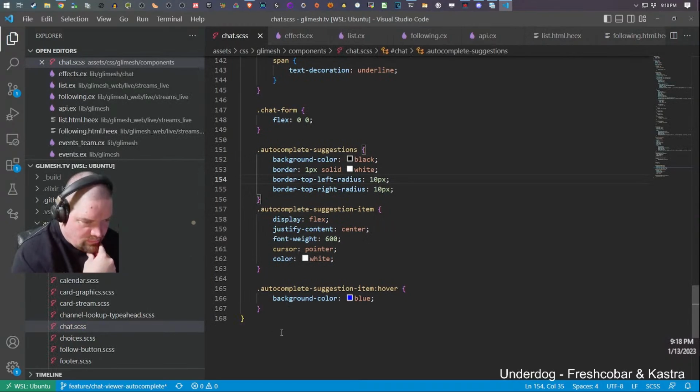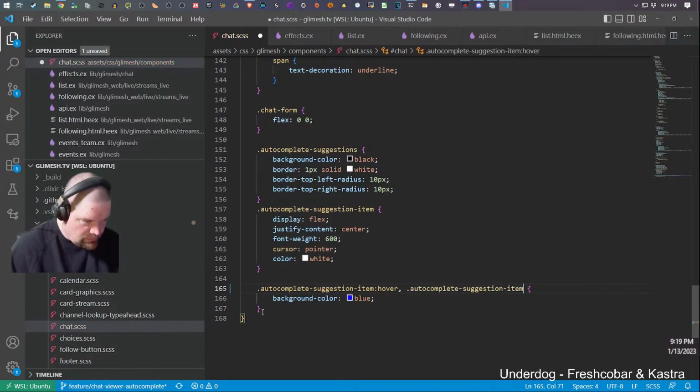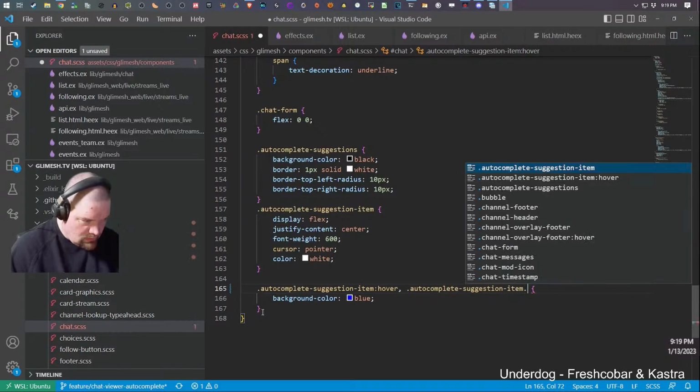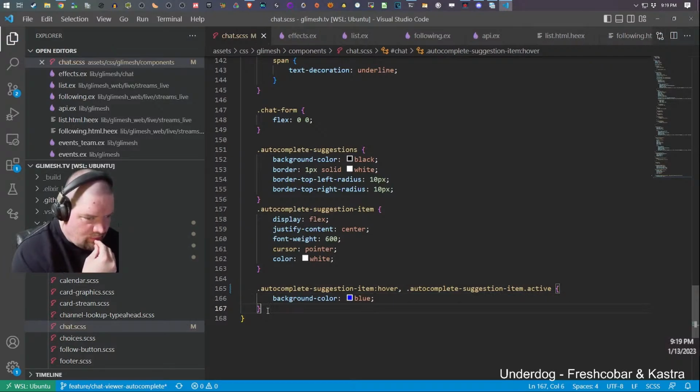I've got hover on there. I think I also want the same thing to happen if I've got both hover and suggested item active. Have them both do that. And then I'll add and remove the active class.